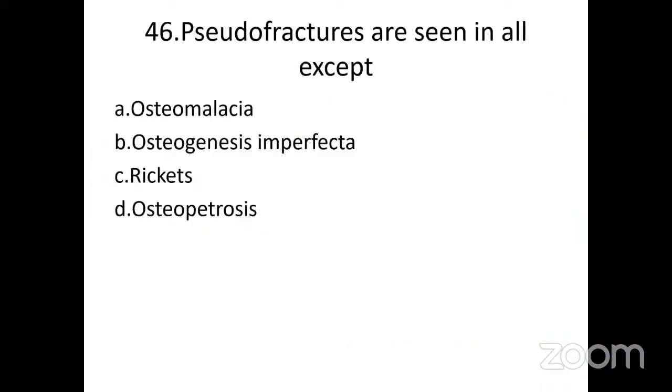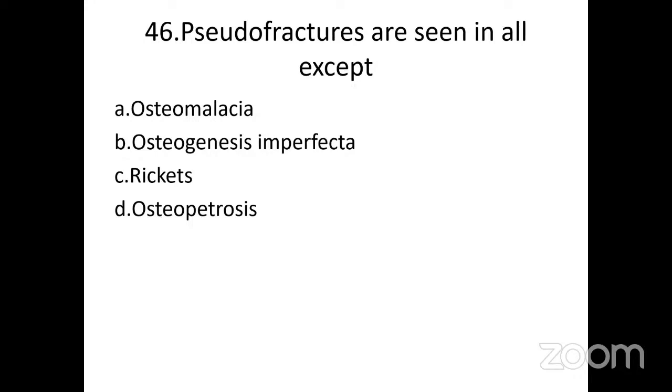So pseudo fractures, or otherwise called insufficiency fractures. Actually, they are called Looser's zone also, because it was described by a person called Looser, or even otherwise called Milkman's line. So remember, Milkman's line, pseudo fractures, insufficiency fractures, Looser's zone, LOOSER, they're all one and the same. And they are actually